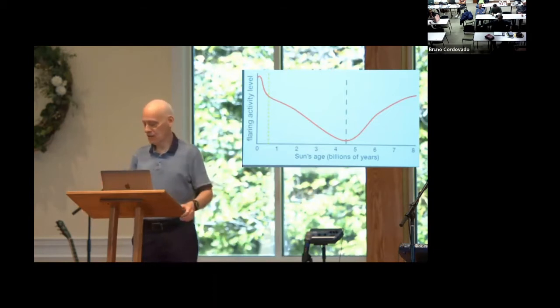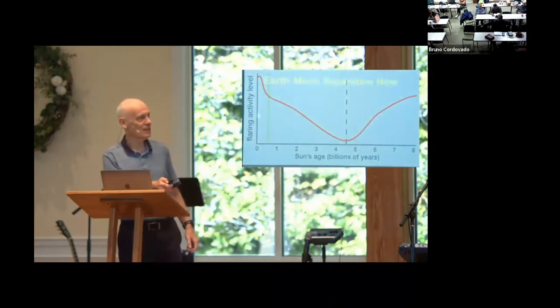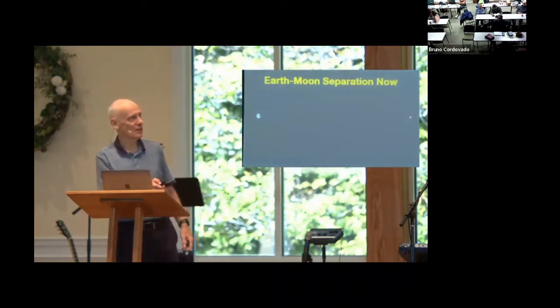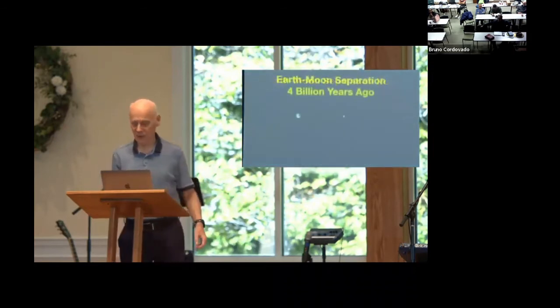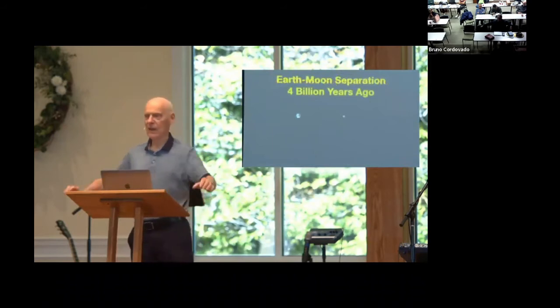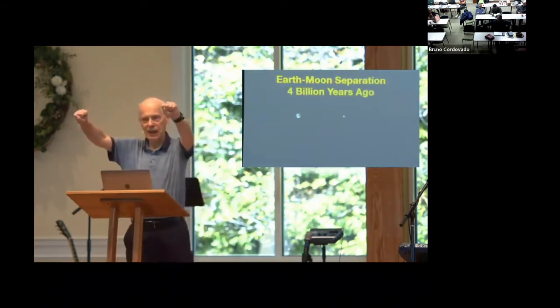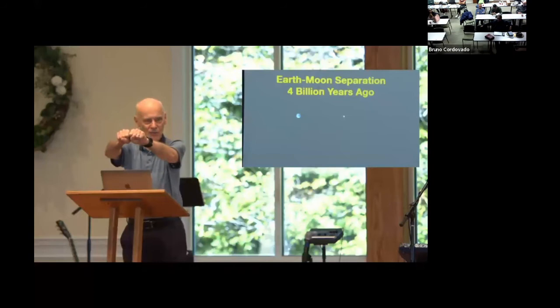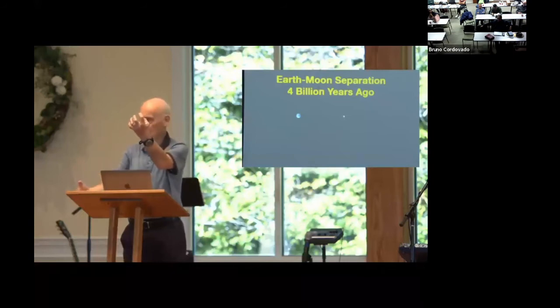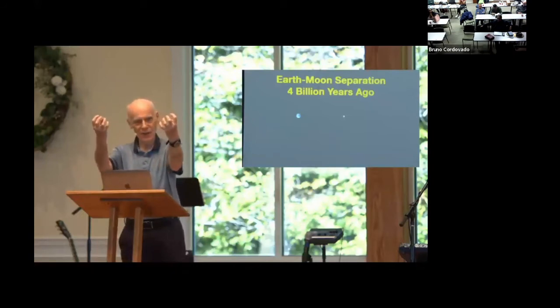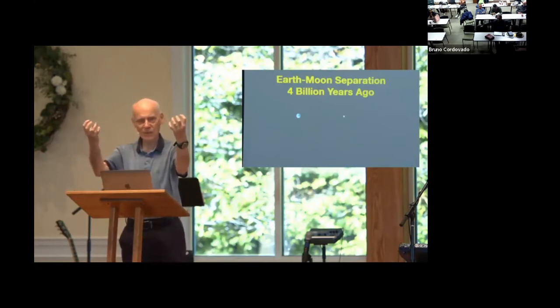And because we need to advance the slides, thank you for reminding me of that. That's the Earth and the Moon right now, and this is where they were 4 billion years ago. And because the Moon and the Earth came about as a result of this collision, Earth began with a very hot core, and the Moon began with a very hot core. Both of them had a hot liquid iron core.